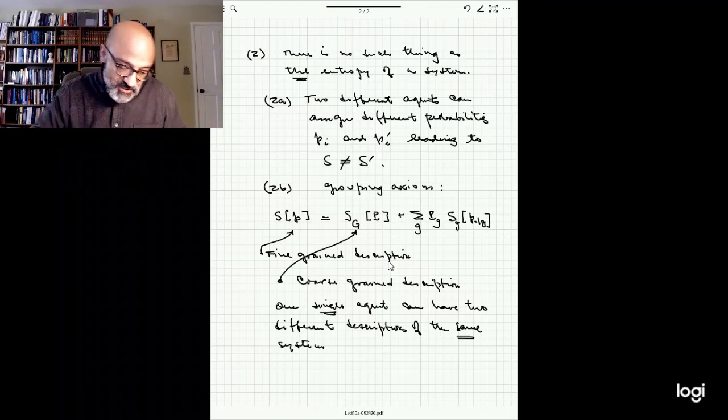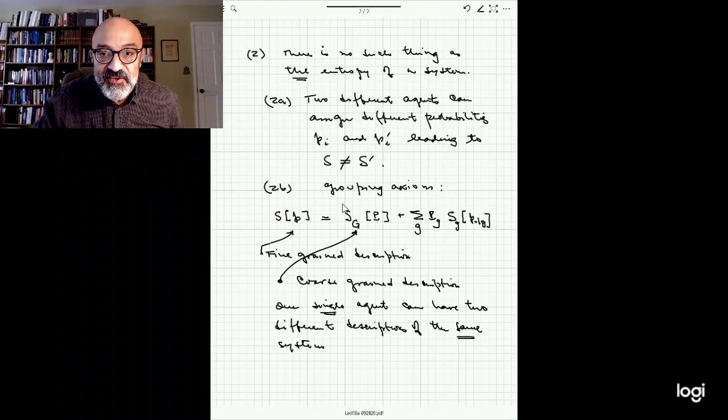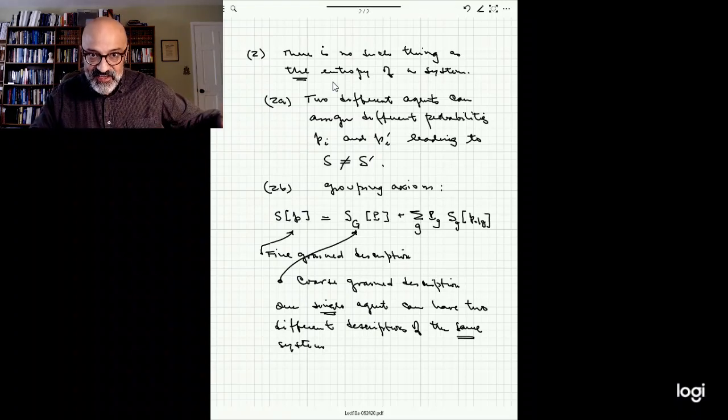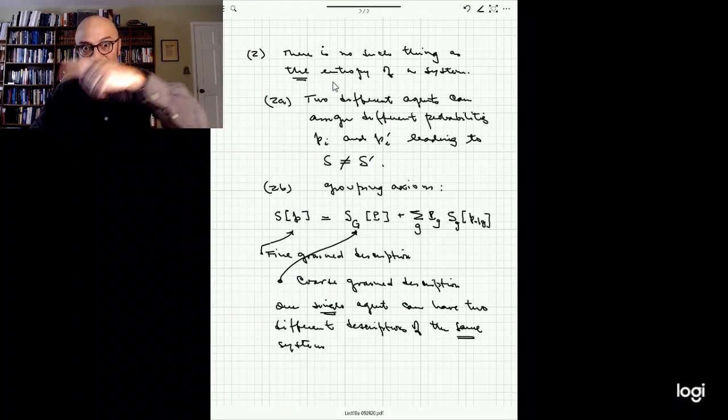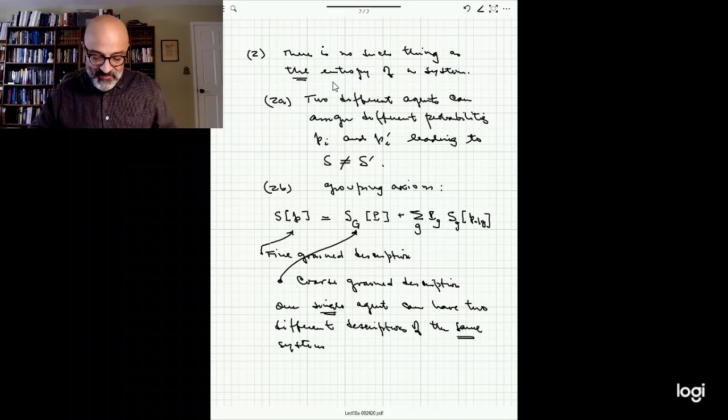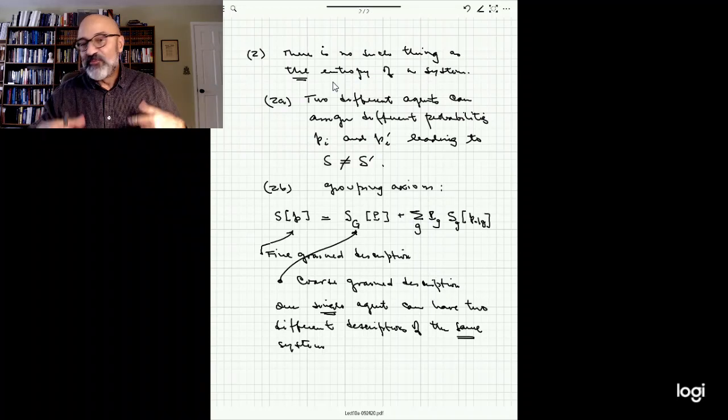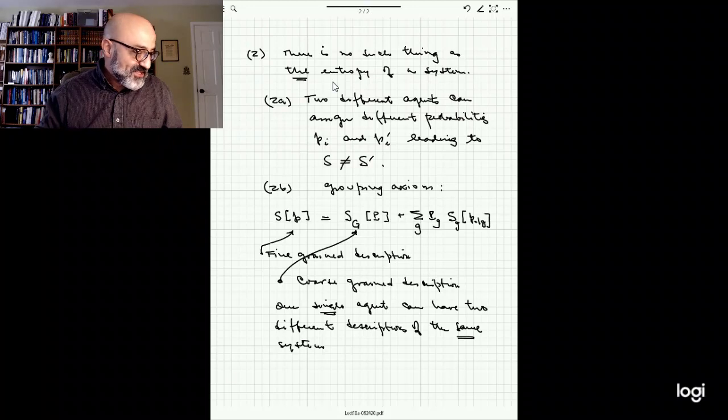So, crucial: there is no such thing as the entropy of the system. Just like there is no such thing as the entropy of the universe. And so there are many misguided formulations that people have out there about entropy, and this is the way you avoid them. Third comment: